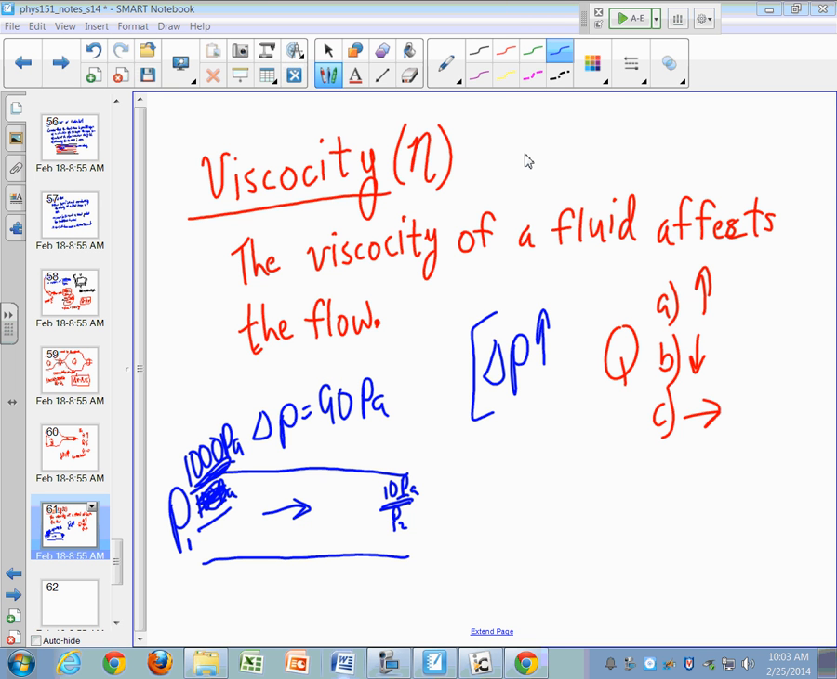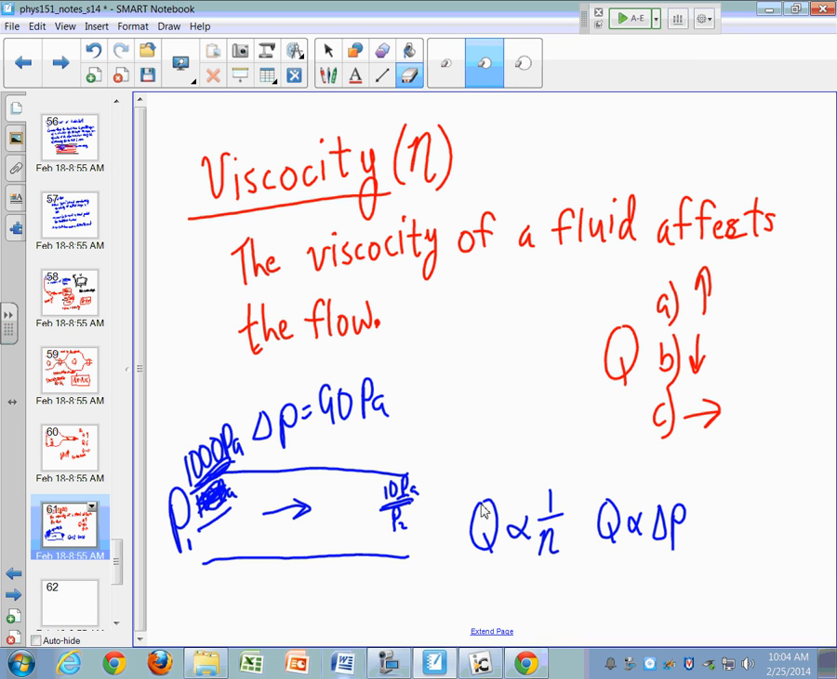All right, now let's look at a couple other variables. So far we have Q is proportional to 1 over the viscosity. That means if the viscosity goes up, the flow rate goes down. We also have that Q is proportional to delta P. That is, if the pressure differential goes up, the flow rate goes up. If you have a greater difference in pressure, the fluid's going to flow at a greater rate. And